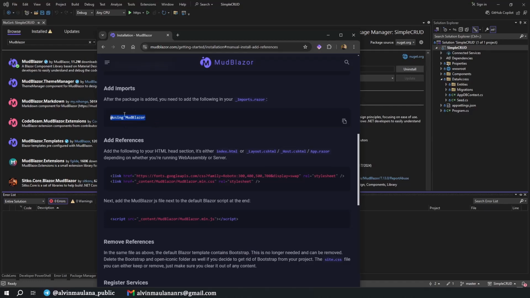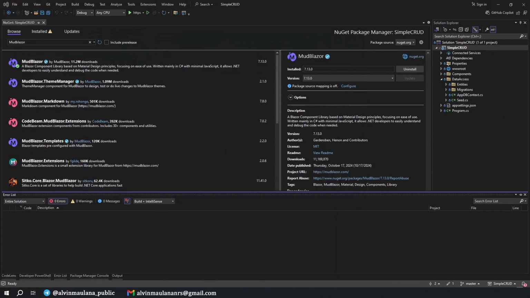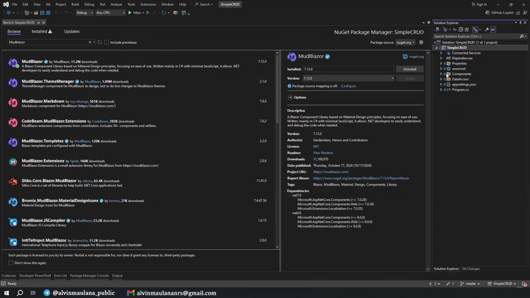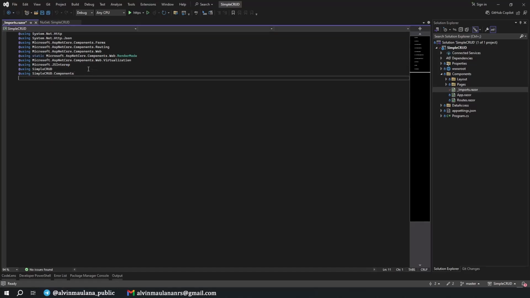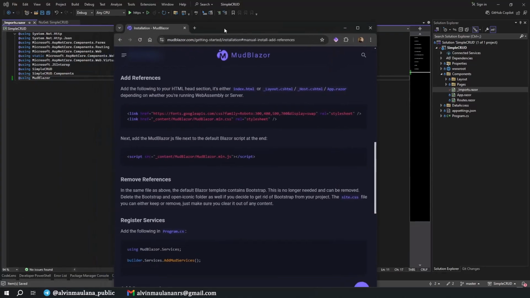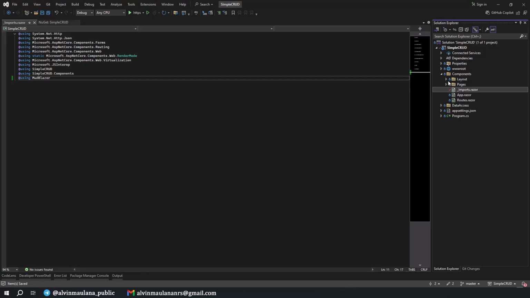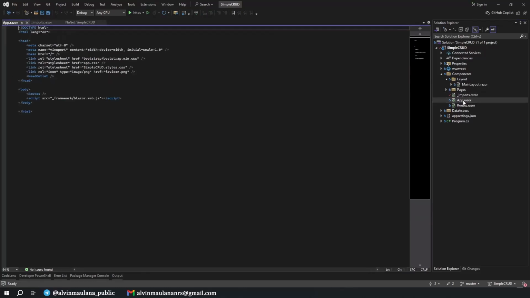We're adding the using import into the _Imports.razor component. Put it in here like this. Okay, nice. And then we need to add the references, both of these. You can copy from here and then go to the layout, not layout, but this one, App.razor.